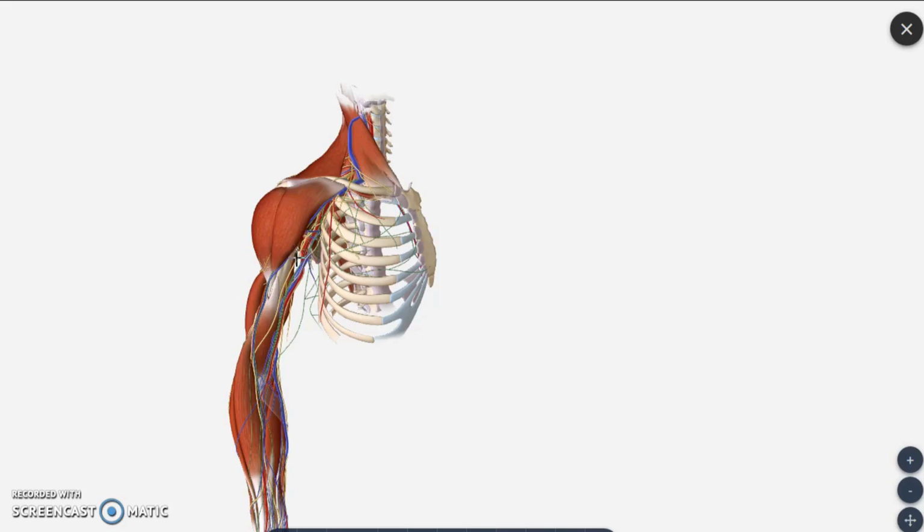After the axillary vein, you are going to see an important structure, that is the axillary artery. You can view here, this is the axillary artery, which is the major content of this axilla region. Axillary artery details we will see later.